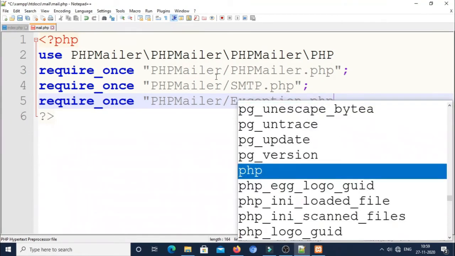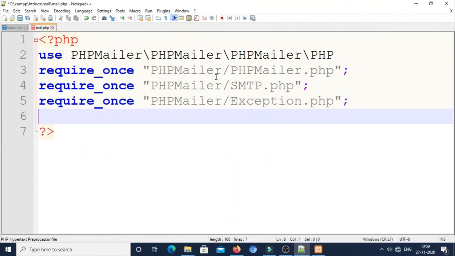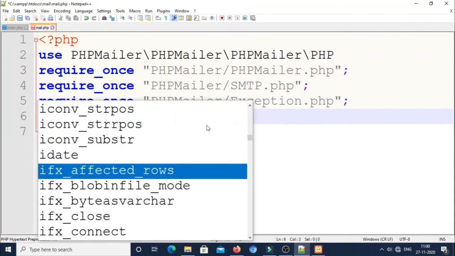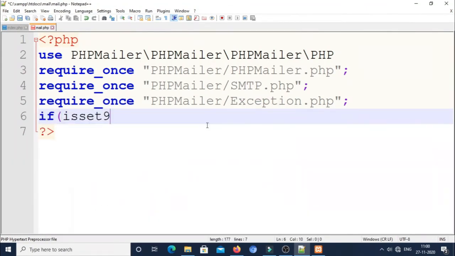Okay, now I want to get the values from the index.php file. First I will check whether you clicked the submit button, and I use the method as post. So I'm checking if isset($_POST['submit']), that is to check whether you clicked the submit button or not. If it is so, first I want to get all those things.